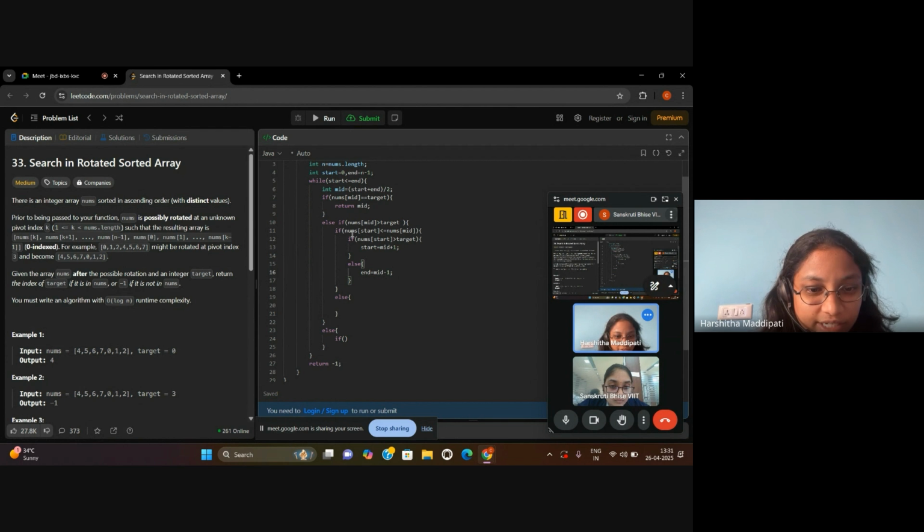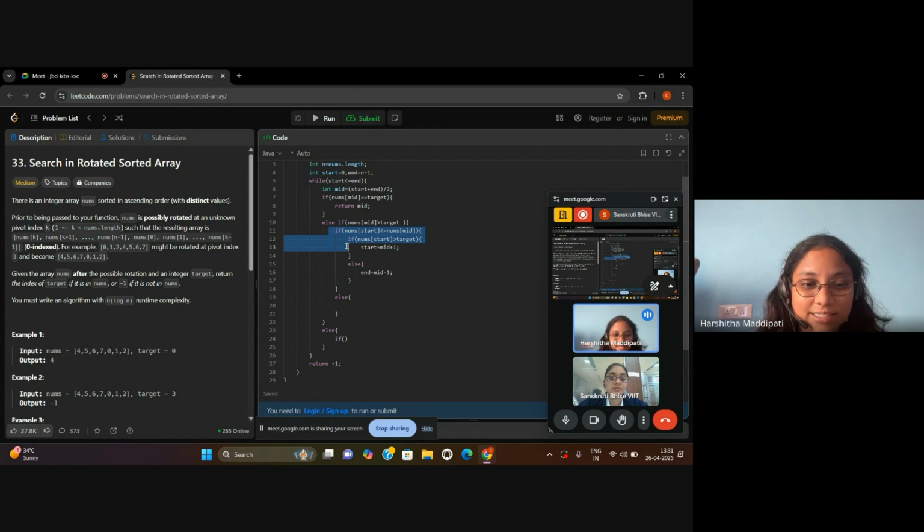If it fits, then the range is there only. That means end would be mid minus one, start would be the start. If the target is not in the range of start to mid, then we slide the window, start would be mid plus 1. This is the one case.